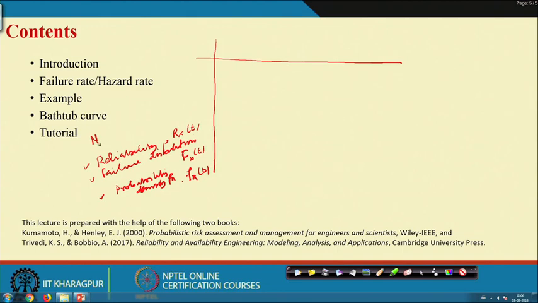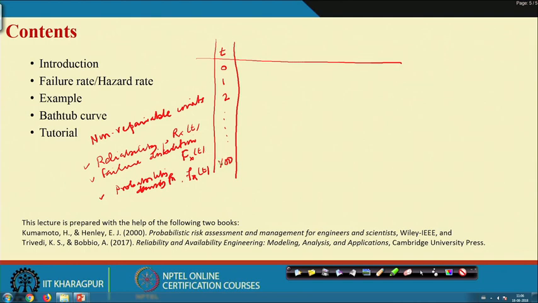We consider non-repairable units. With different formulas, starting from scratch, we have defined what R(t), F(t) and small f(t) are. For the time being, suppose t equals 0, then 1, 2, something like this, let it be maybe 100 units of time.